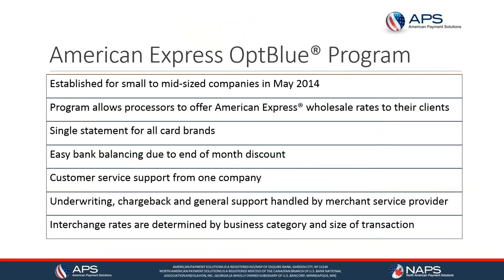Now that they're trying to compete more heavily with Visa and MasterCard, they came out with this new program called OptBlue, which allows us processors the ability to process your American Express transactions on their behalf, just like we do the other card brands. It came out in May 2014, and it allows us to lower the fees for you. That's the number one benefit. So instead of paying 3 to 3.5%, now you're paying 2.2 to 2.8%